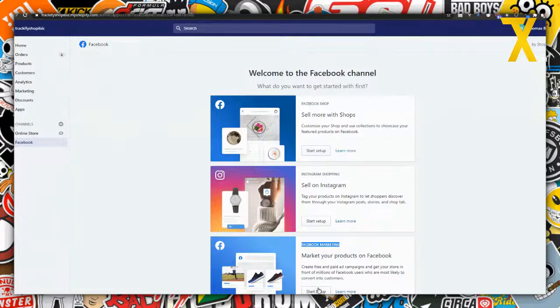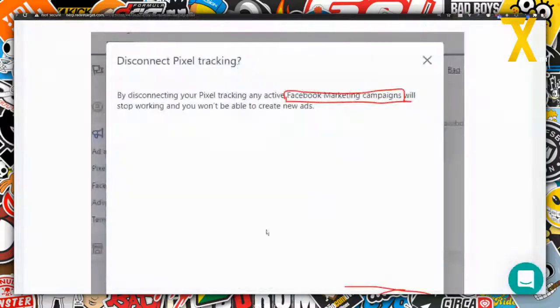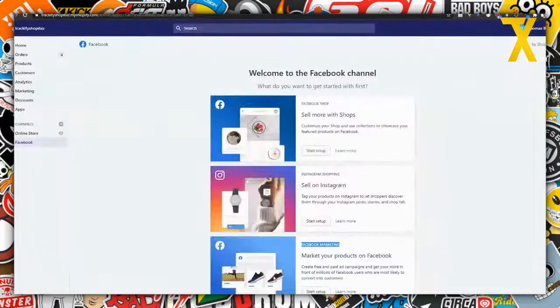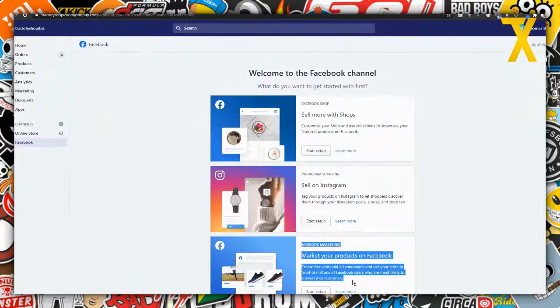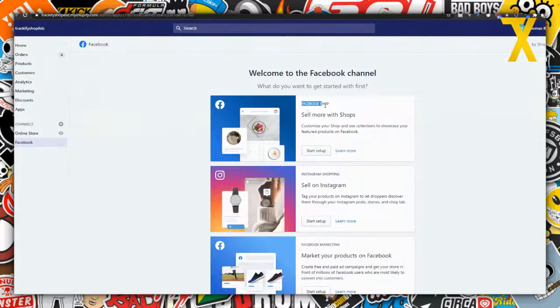So few people that I know that we come across actually want to use at least this piece of the app, and so that's why you have these instructions here to just simply remove the pixel from the app, and then that means you can't use this ad creation tool here, but you can still use the two sales channels that come here with the app, which is Facebook Shop Sales Channel and Instagram Shopping.